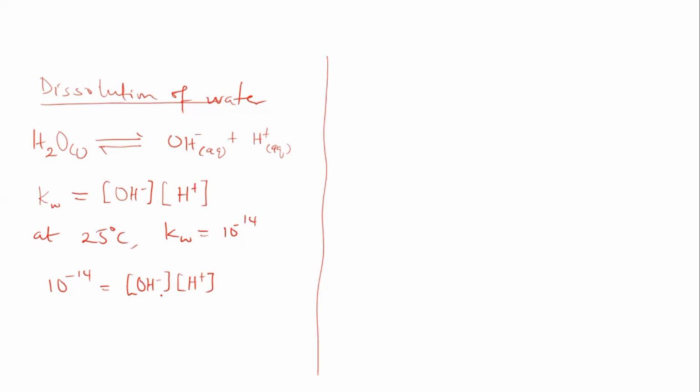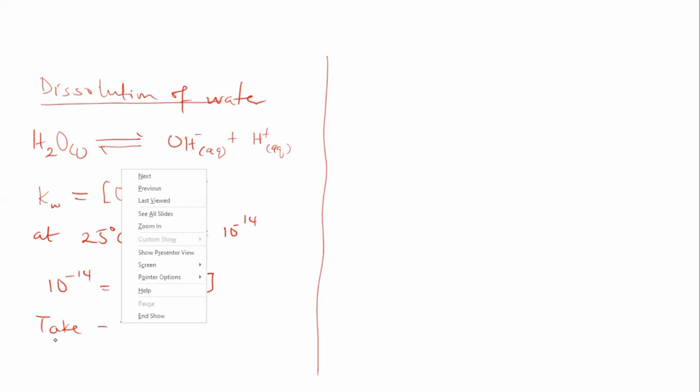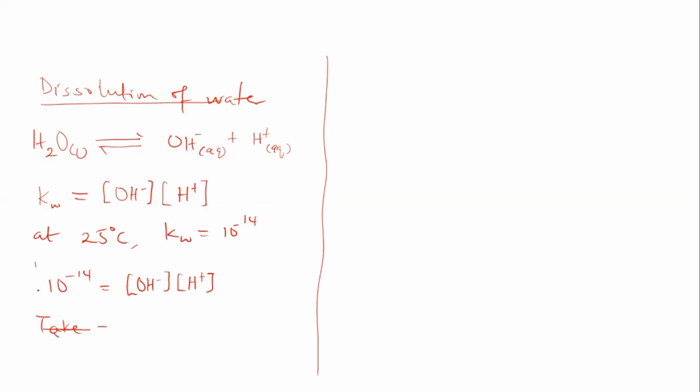Now, before I take the minus log of both sides, this is the relationship that exists between the hydrogen ion and the hydroxyl ion. The multiplication of the hydroxyl ion by the hydrogen ion is going to give us 10 raised to the power of minus 14. Now, if you take minus log of both sides,